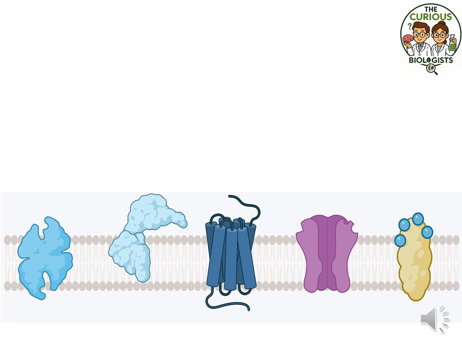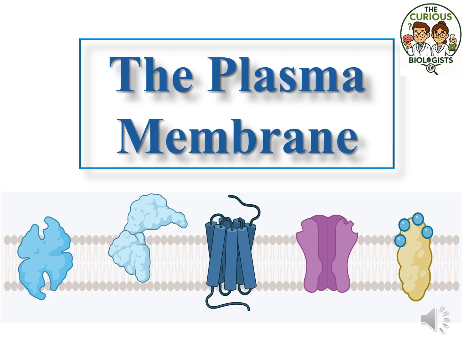Today we'll be discussing the outer layer of the cell, that is the plasma membrane. Plasma membrane is a thin layer which is surrounding every living cell of the body of our body or plant body. The basic function of plasma membrane is to keep the contents of a cell safe inside and to keep a check on what goes in and out of the cell.